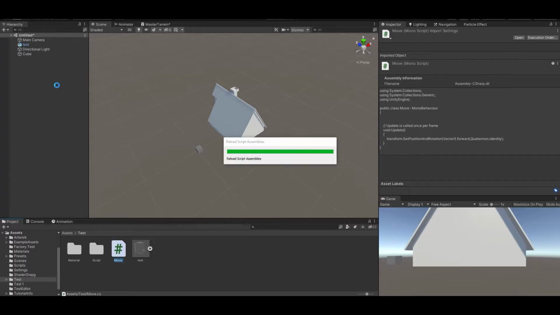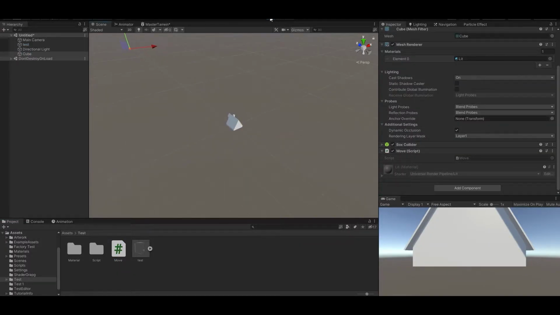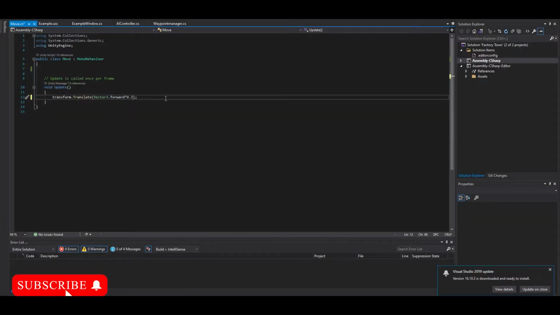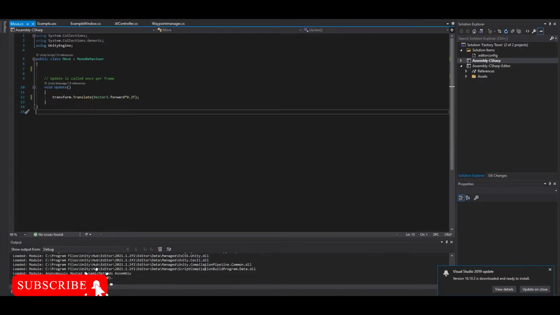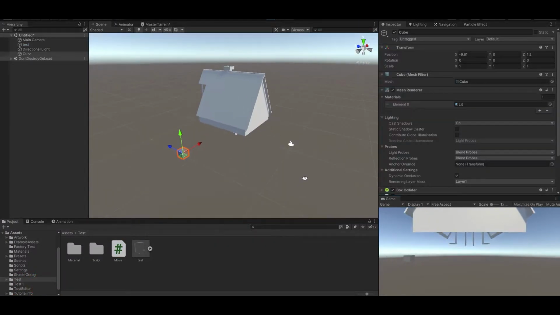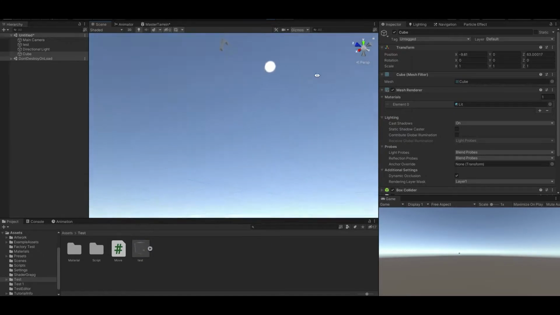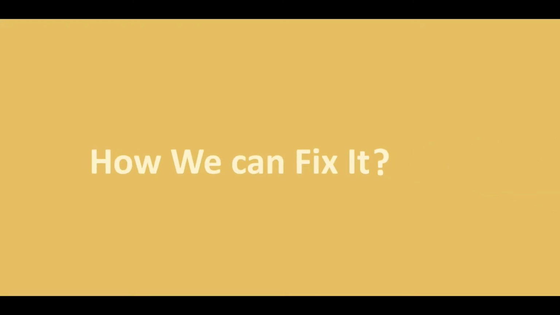Say if you want to use vector3.forward to move an object, you will see they will be moving into different directions like this. Now let's multiply this vector3.forward value with a very small value so we can see it better. And as you can see, these two models are going in separate directions, which could cause a big problem if you are using vector3.forward. Now how can we fix it?